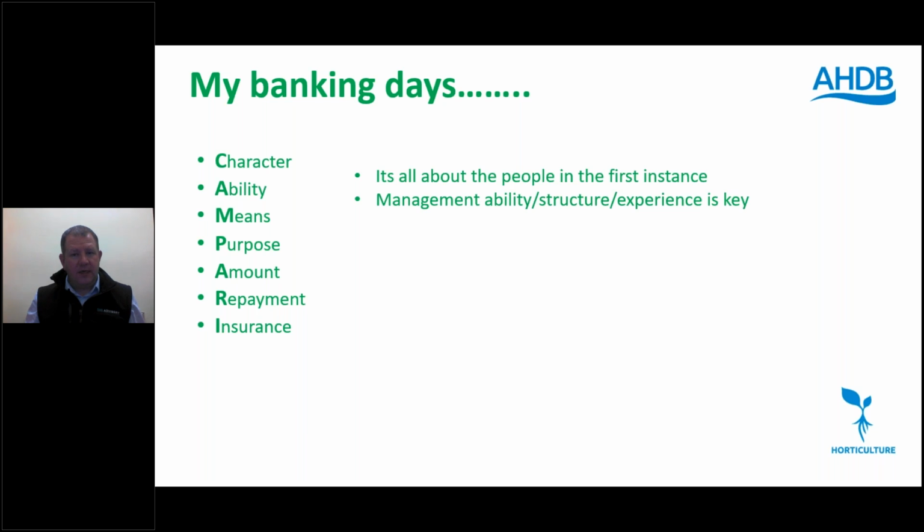What are the management like? What's the ability of them? How is the business structured? What experience is there? Those are really key elements of how a bank will want to look at